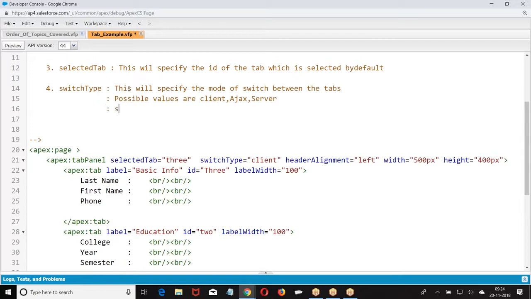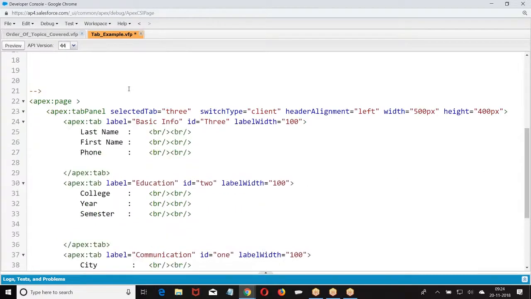Default value is server. Then we have header element.